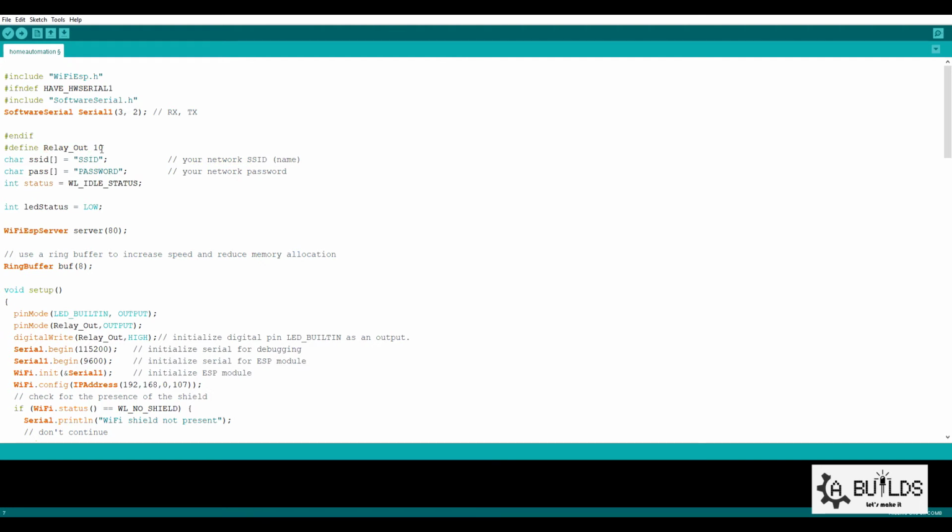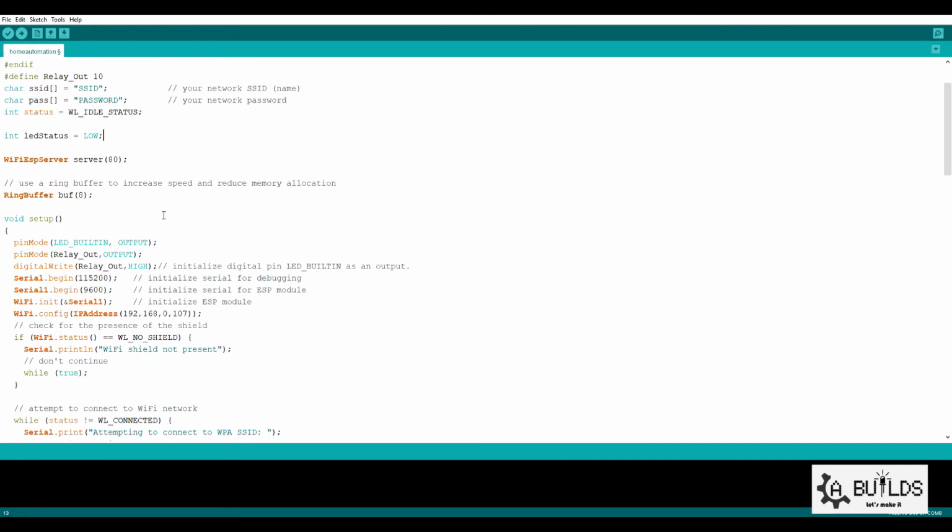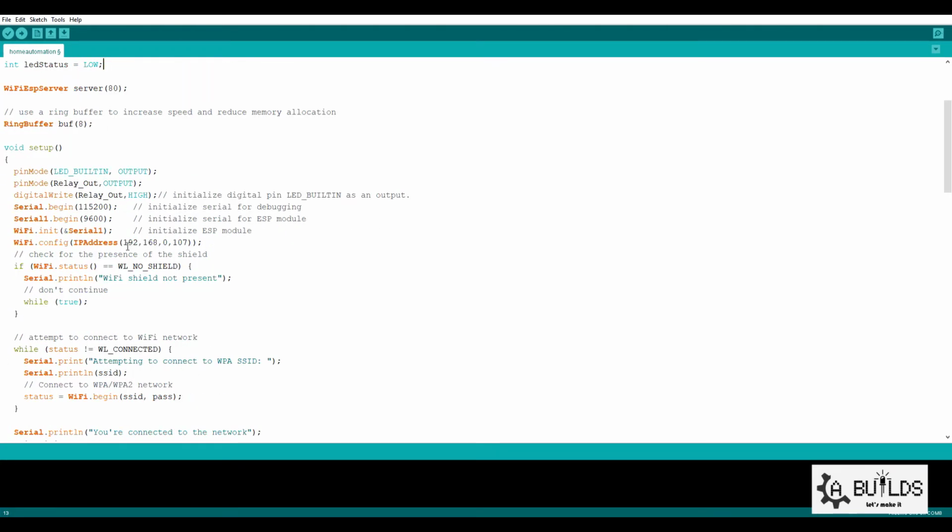Now you remember we assigned one IP address to our application. We have to assign the same IP address to our Arduino ESP device. So here you have to put this IP address. Before putting the IP address in both the application and ESP device, you have to first check your router configuration and then assign an IP which is available in your router.